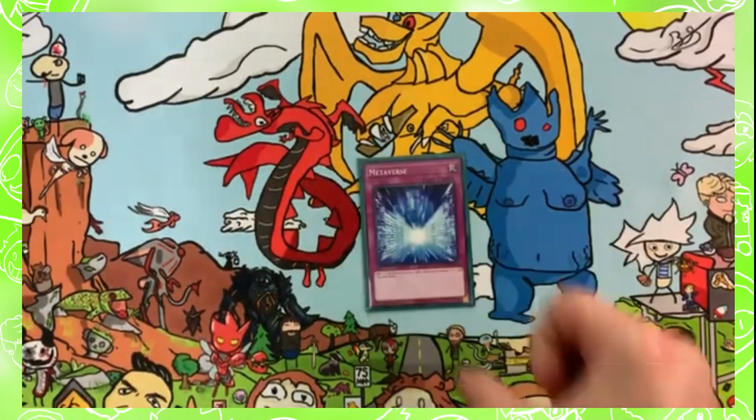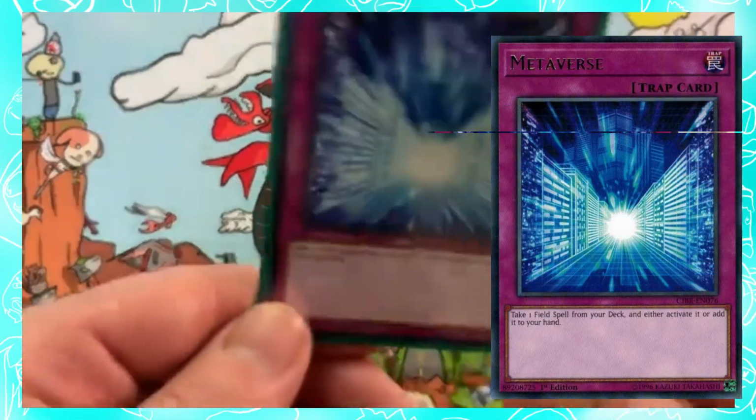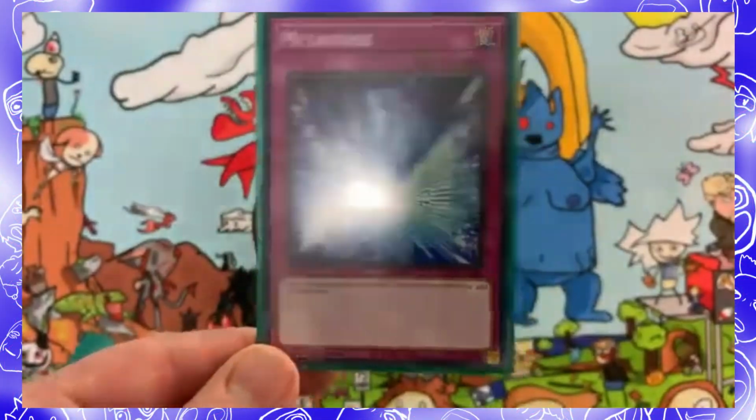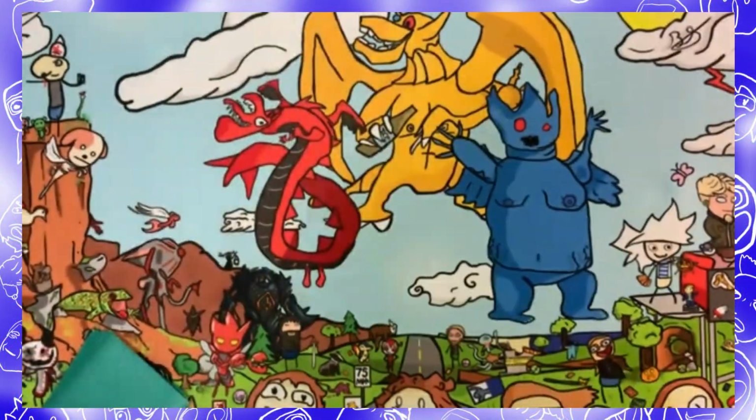First up, Metaverse. It's literally just a trap card version of Terraforming. You get a field spell, add it to your hand. Plain and simple. Very good. Next up,